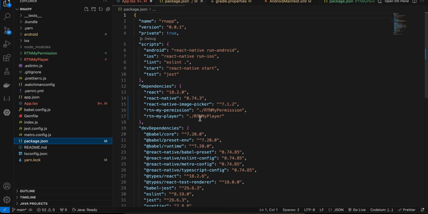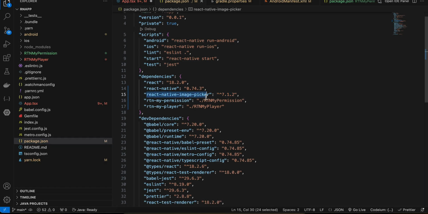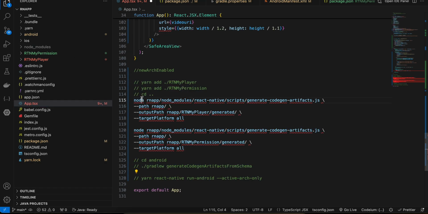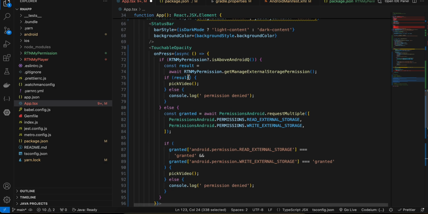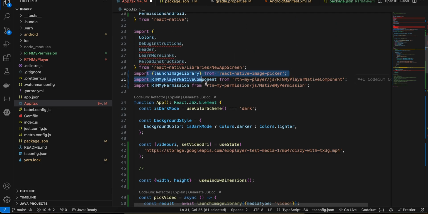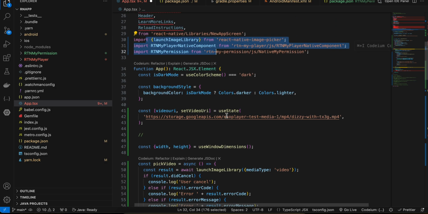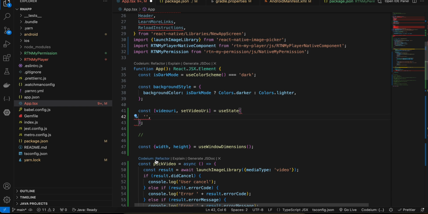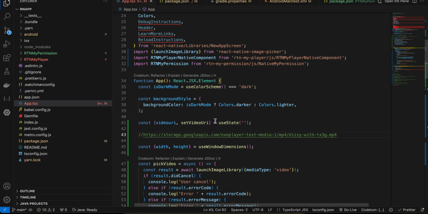And inside package.json I also require this React Native image picker dependency. This will help us to pick video files as well. Inside App.tsx I have added all these three imports, and if you see I have defined one useState. If you are selecting a video from your local files or from the Photos app, you can just have this commented out, like just an empty string, something like this. But otherwise for network you can just pass the URL. Now if you are doing this from network,